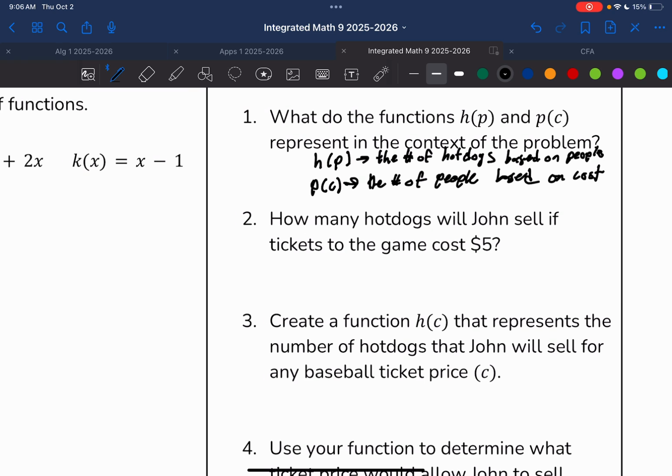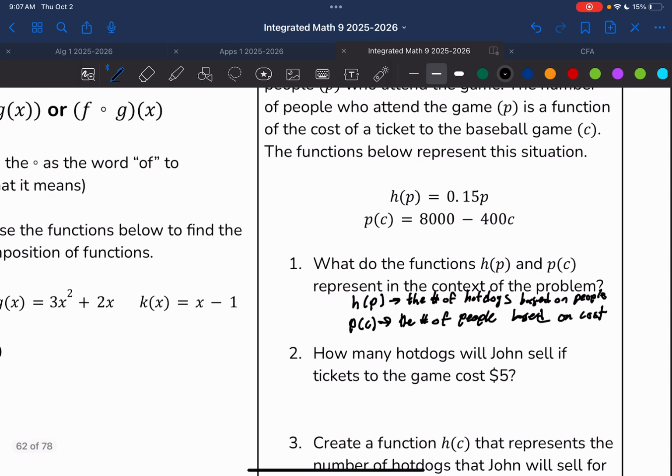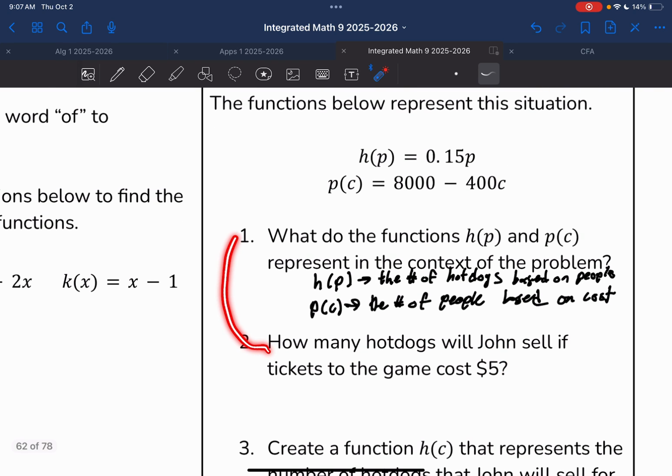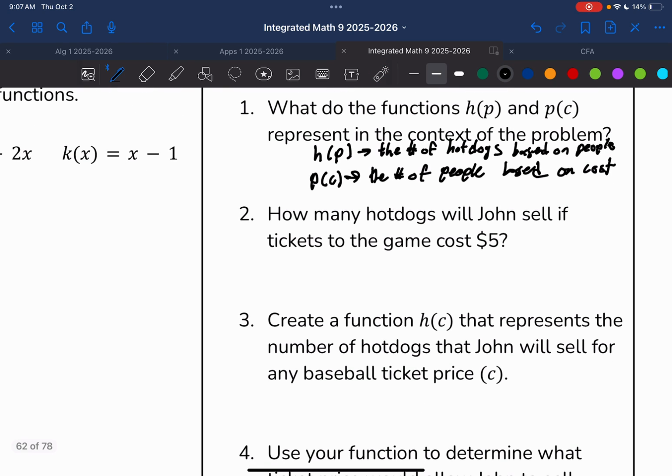All right, so how many hot dogs will John sell if tickets to the game cost $5? So if we want to figure out how many hot dogs John will sell, we need to know the number of people who go to the game. In order to figure out the number of people who go to the game, we need to know the cost of the tickets, which we know to be $5. So we can figure out how many people are going to go to the game by plugging in $5 into p of c. So p of 5 is equal to